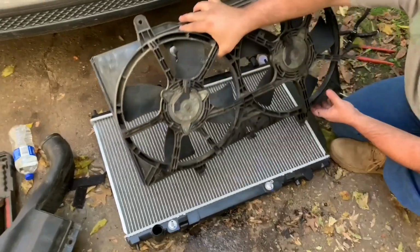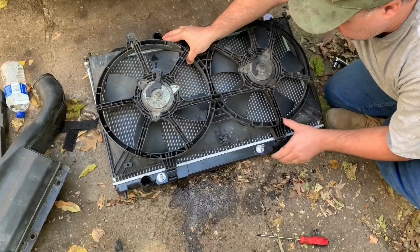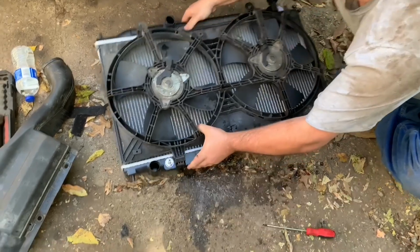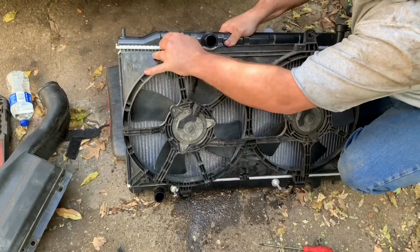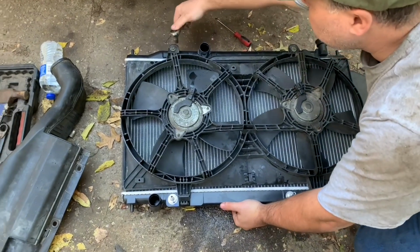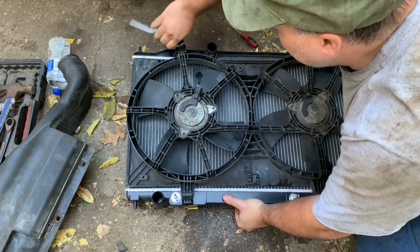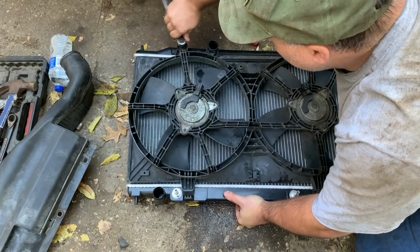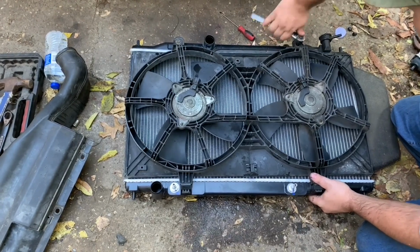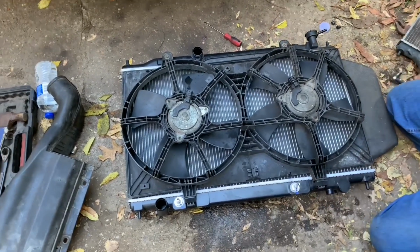And then I'm simply going to take the fan and put it in these two little grooves here. And you push down just slightly until the screw holes line up with these screw holes at the top. Okay, once you get this mounted on, you're going to want to tighten up these 10mm bolts. And you don't have to tighten them too tight. I'd say about 5 pounds worth of pressure, not even that much. It's plastic, you don't want to break it. The other side, you do the same. And then you have your auxiliary fan